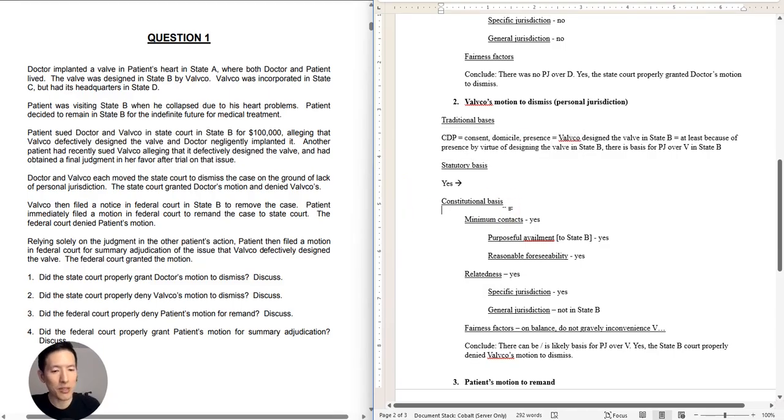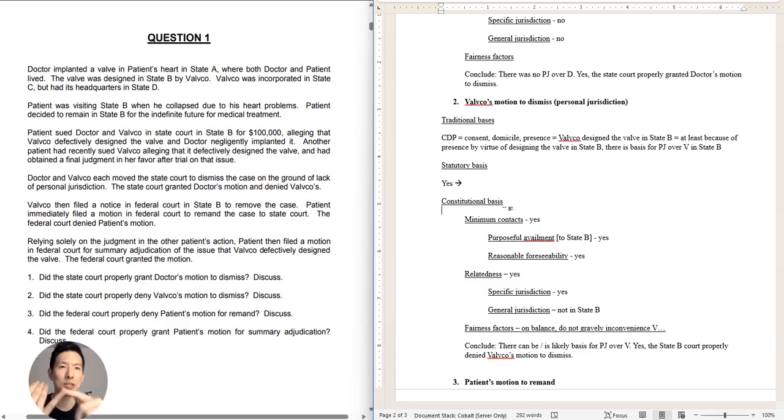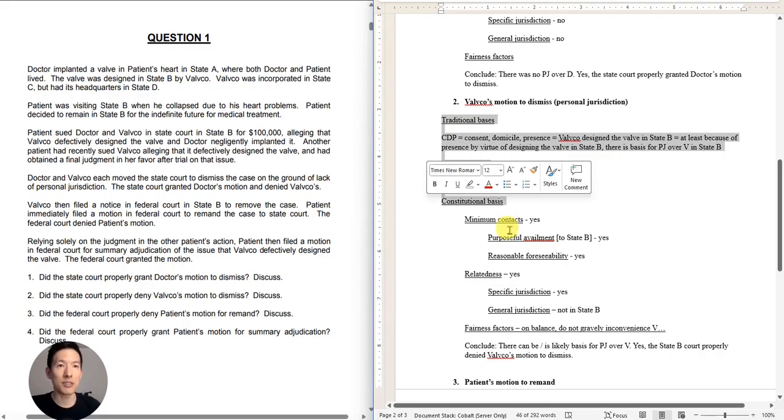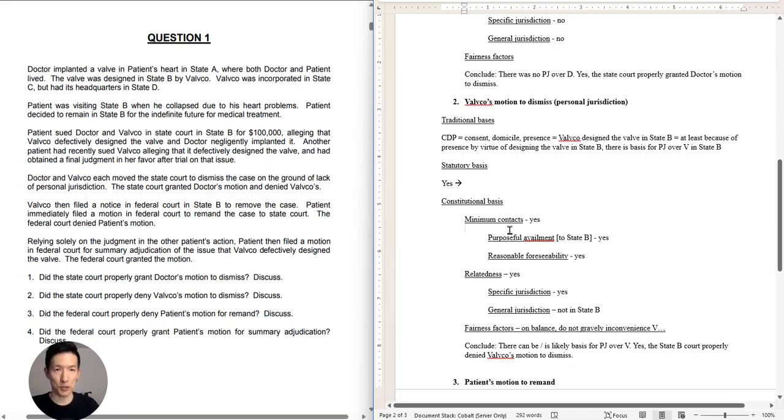So don't over-fixate on memorizing the rules. You also have to memorize the issues. You also have to know how the issues and the rules play out in examples like this. This is why it's so important to actually go through past exam questions. The first time you see this, you are probably going to mess up, and that is perfectly acceptable. In fact, you should get things wrong, because then you can say, okay, so this is where I missed it. Maybe you didn't know there was a minimum contacts element to this. Once you see that there is, the next time you are going to know, okay, so I'm going to